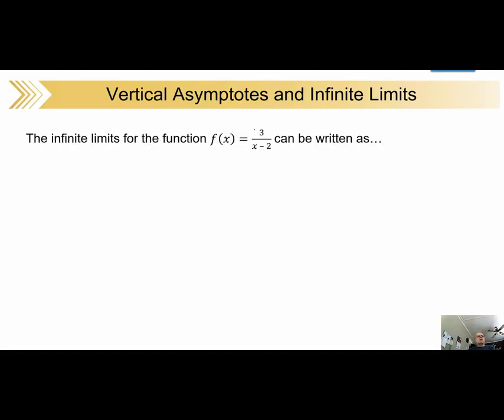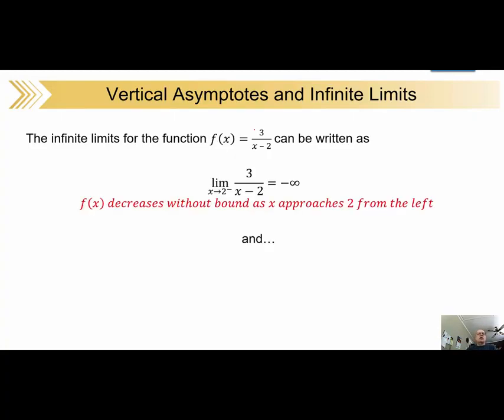So how about this one? The infinite limits for the function can be written as, so we can write it like this. Notice that this little minus sign does not mean minus 2, that would be out here for a minus 2. It means, sort of in essence, shave just a little bit off of the 2, so it's 1.99 whatever. It's getting close, but from the